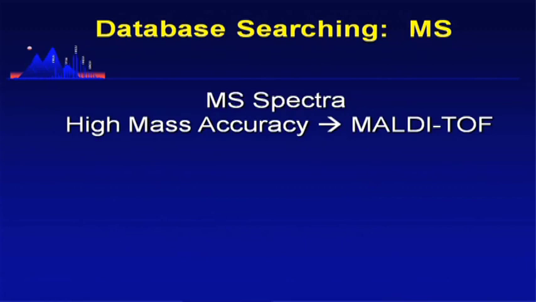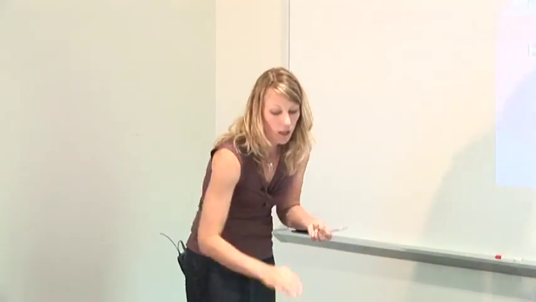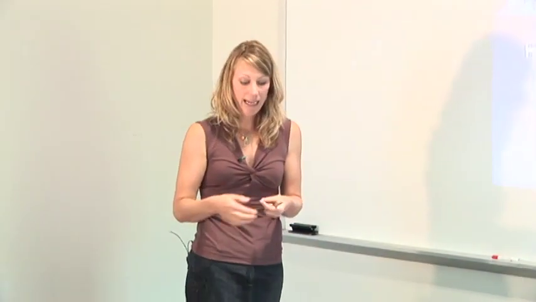The first type is where we're using only the MS data. So these are where we just have peptide masses. And this type of search is called a peptide mass fingerprint. Okay? And in order to do this type of search, which is becoming less and less common, honestly, you have